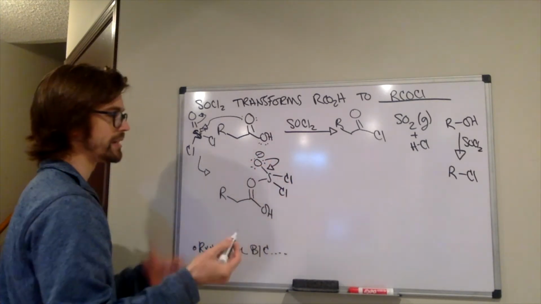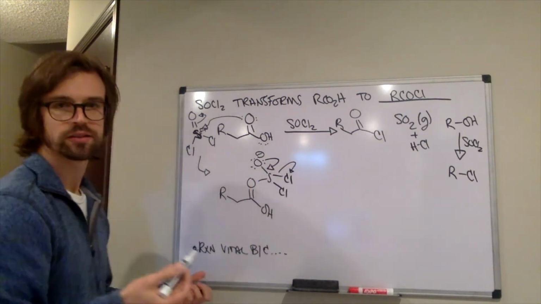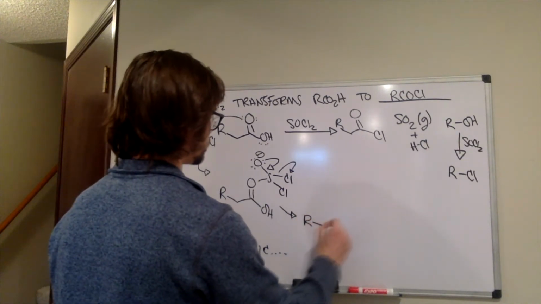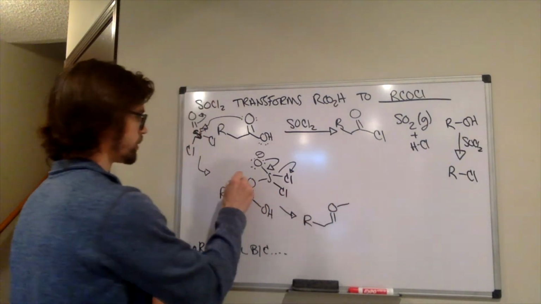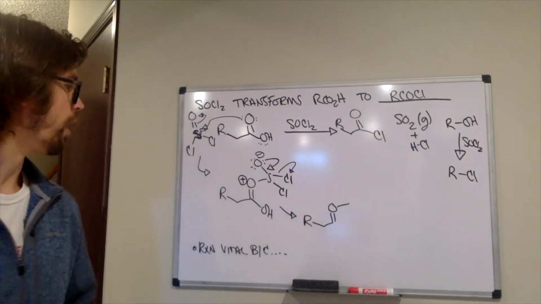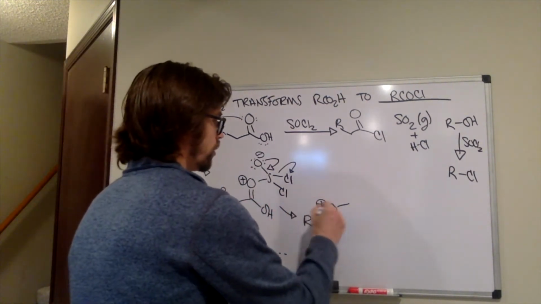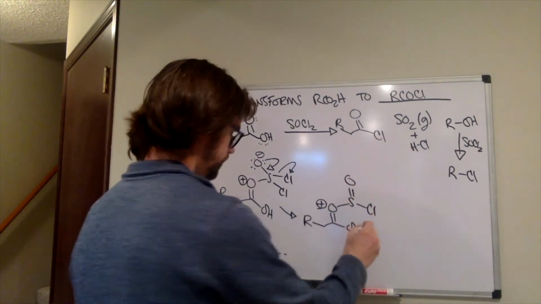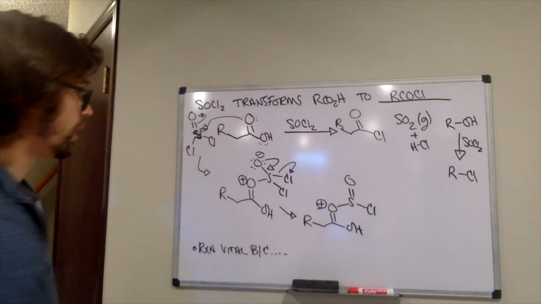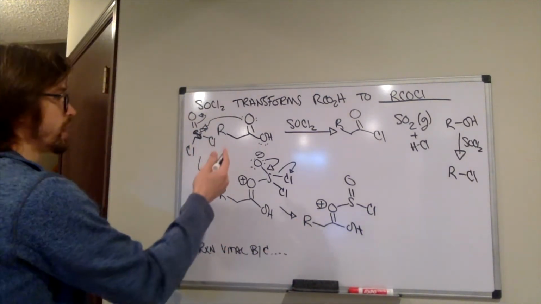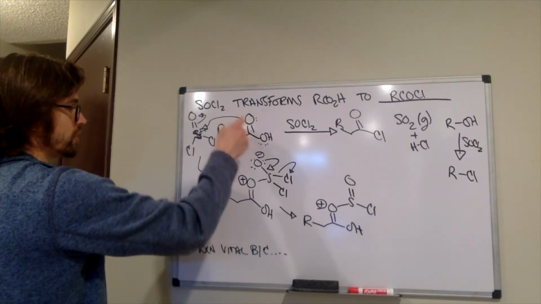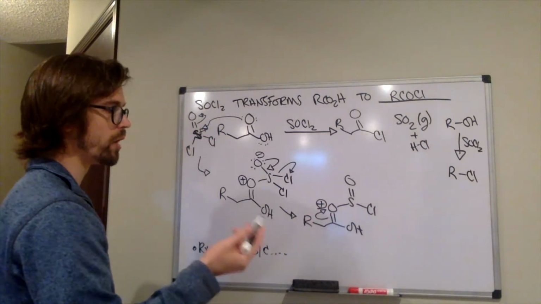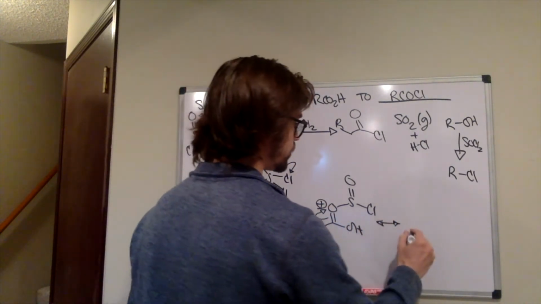These electrons come back down, and the best leaving group is this chlorine right there. So that gives us, oh, also forgot that charge. Doing a bad job right now. So we now have the positive charge on that oxygen, but what I was kind of talking about at the beginning is I really wanted to draw the electrons up from the carbonyl onto that oxygen because that kind of helps us understand what happens next. So if we look at that resonance structure,